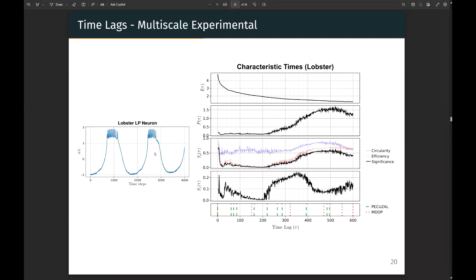The interesting one happens when we start looking at the multiscale dynamics. Here, we should expect one time scale on the very, very small end, and one time scale on the very, very large end. Here we see mutual information fail spectacularly because there is nothing to tell us that there is a minimum there. But for the significance score, we see this peak that occurs, which actually corresponds to that very small scale dynamics at the start, followed by a peak later, which is at that repolarization dynamics.